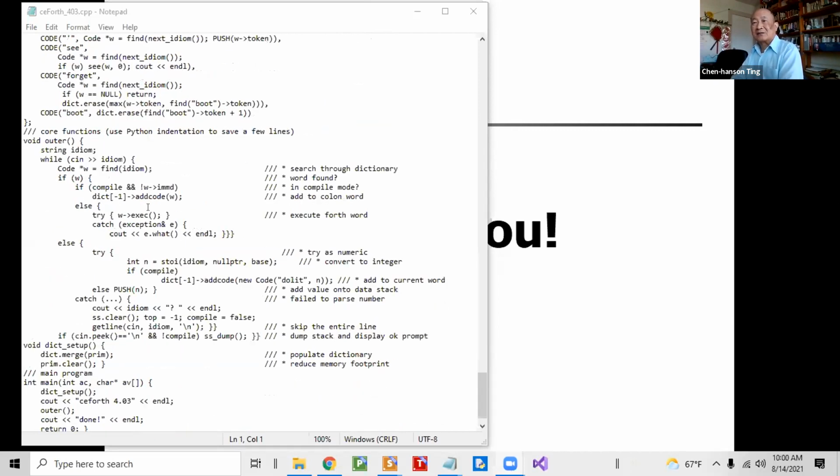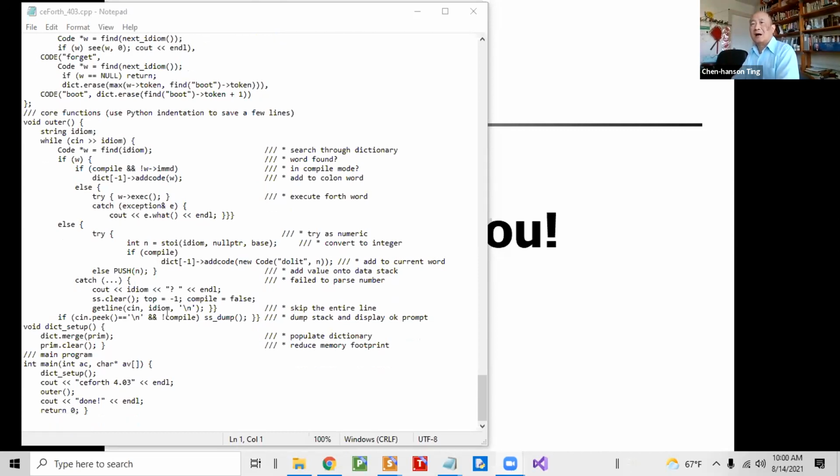Okay, and last but not least is the outer interpreter. The outer interpreter was the bulk of a Forth system. In eForth, the bulk of the words are defined because we need them to build the outer interpreter. And here, in all these three object-oriented eForth systems, the outer interpreter is implemented as a single routine, which is called from the